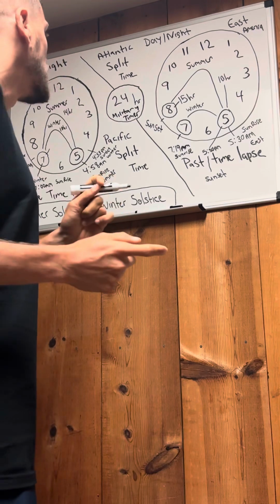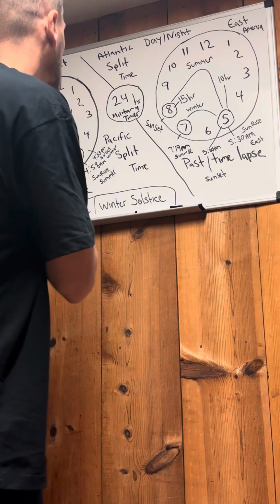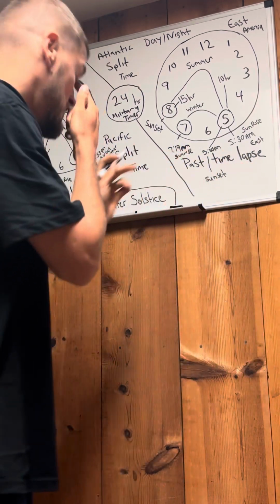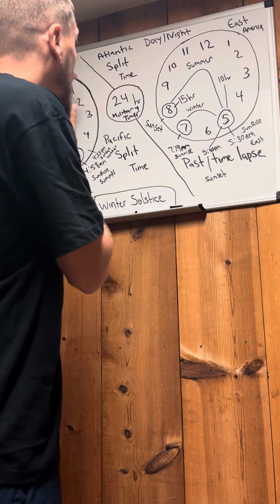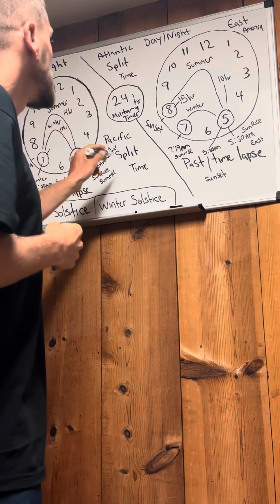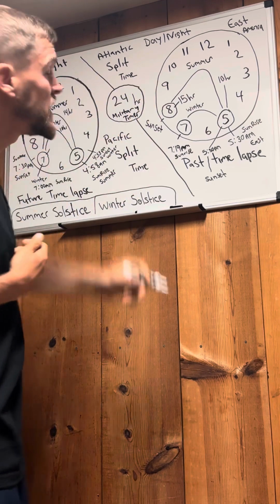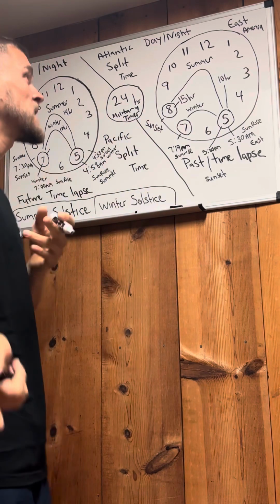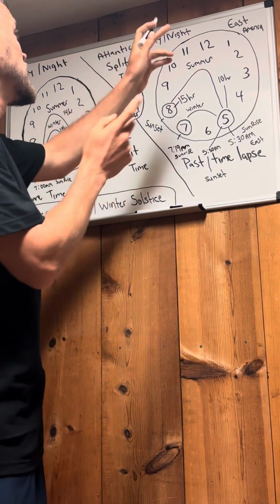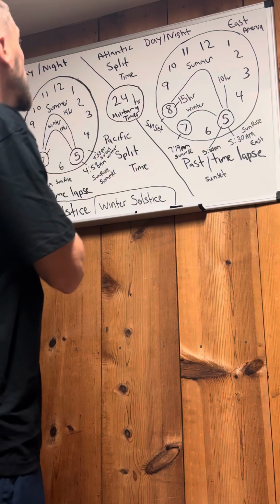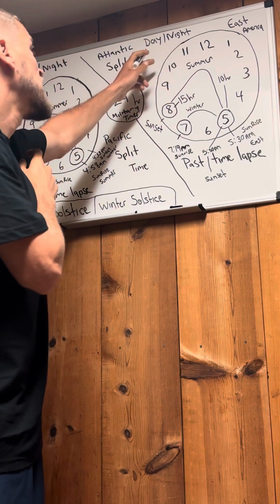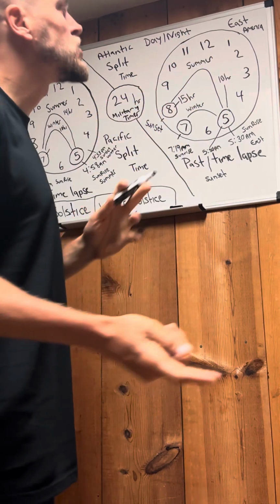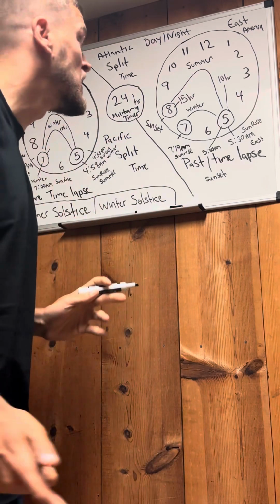And with the West being in the future time lapse and the East of America being in the past time lapse, there's a difference between. And then also what I added was the Pacific split time and the Atlantic split time, which was split into 12s, okay? The 12s is also considered to be the military timer, 24 hours, which is day and night, day and night. You know what I'm saying? When it's day in China, it is nighttime here. When it's daytime here, it's nighttime in China, okay? And that's stating that on the East Coast is how it works compared to the West of China.